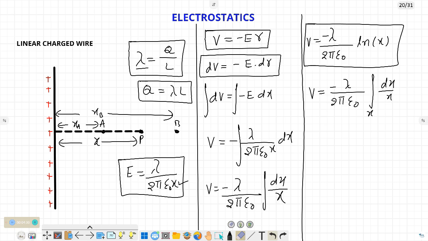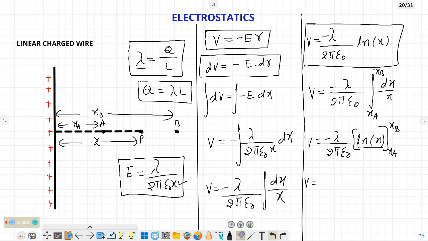If you apply the limits, that is xa to xb, the formula becomes lambda by 2 pi epsilon naught into minus integral, that is log x. The lower limit is xa and the upper limit is xb. If you apply that, V is equal to, if you take log, that is log xb minus